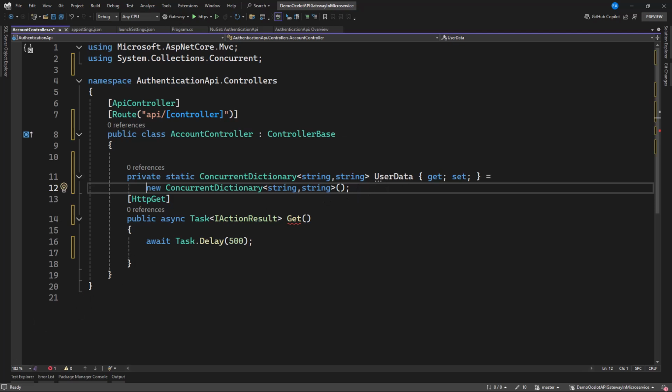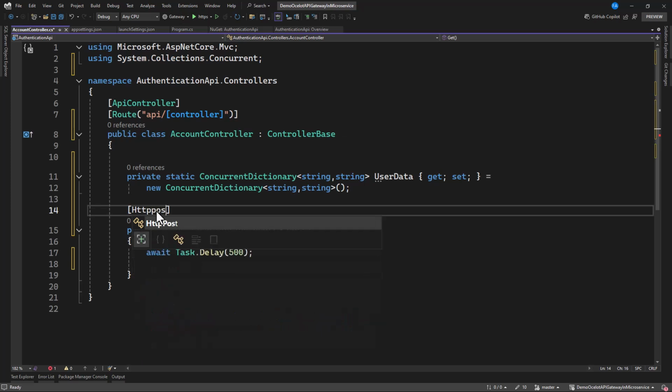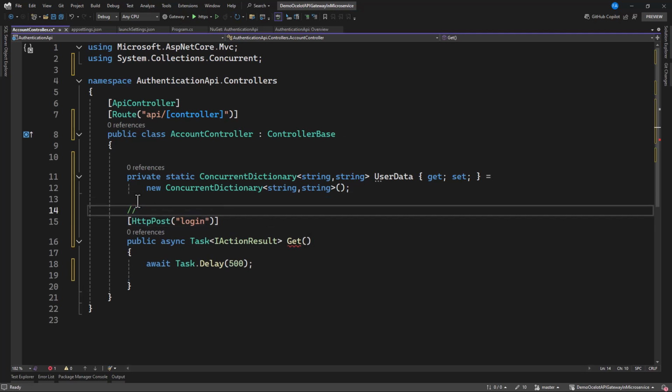Now the first here, we're going to have the login, maybe register. So let's have a login. That's HttpPost. Now with this post, we're going to say this is login. That is a route. So here the route is going to be api/account, then we have our login. Then in here we're going to be using parameters.